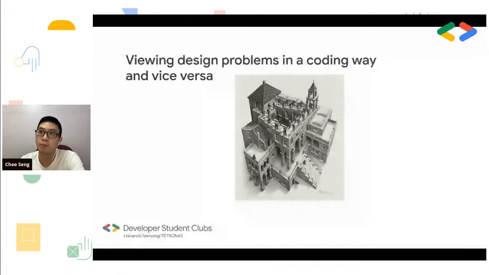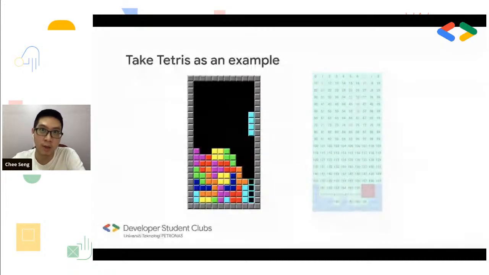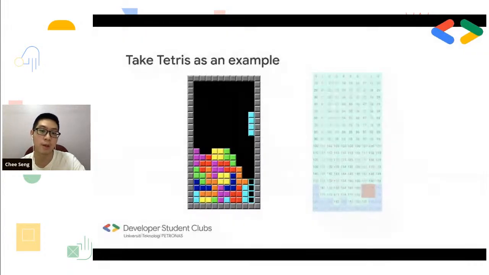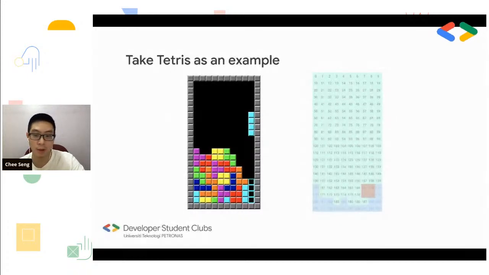So what I mean by that, for example, take Tetris as an example. On the left side, from your point of view and also from my point of view, you can see a quite retro-ish looking Tetris game. And on the right side, you can see numbers, or in this case, matrices. It's also a Tetris, but presented in a different way. So the left side, the retro-ish looking Tetris interface, is how a designer will approach things.